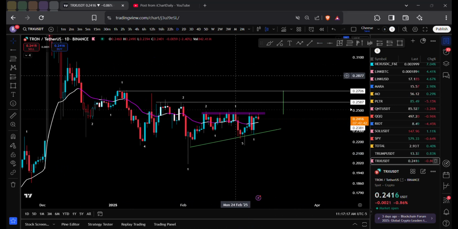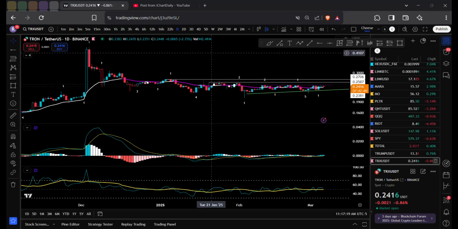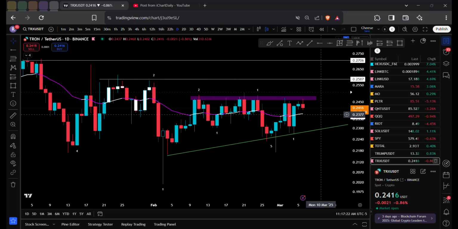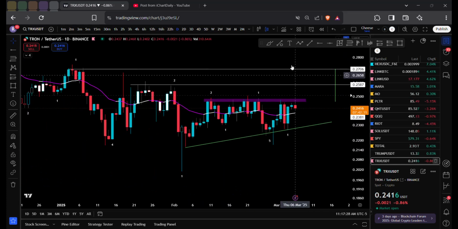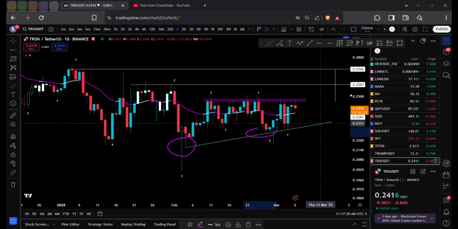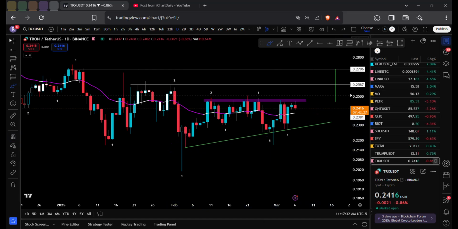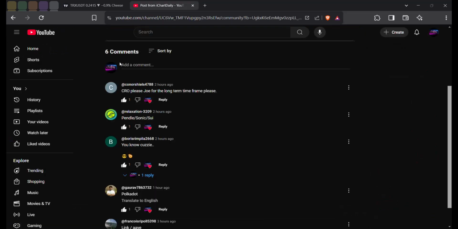It has to stay above the moving average so that you know that is your line in the sand. If it does, I would keep money on the side for potentially 22 to 23 cents. I wouldn't be worried if that happens because that would still be a higher low on the short term. Let's go into some charts.